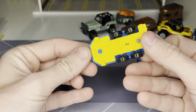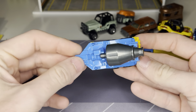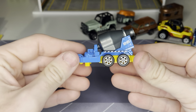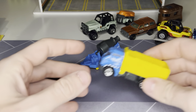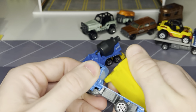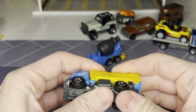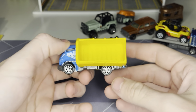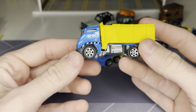Matchbox cement mixer or cement trailer. Man, this thing's actually heavy. This whole blue part is metal. That's surprising, actually. Which is... No, it doesn't come off. That's a nice trailer, honestly. And then this used to have an opening part, I believe. Ooh, I don't know if it's supposed to do that, but I did it. I'll just put that back on. Yeah. Oh, duh. This is supposed to go that way because it's a tipper. Yeah, it's fine. Yeah, not a pretty looking truck, but